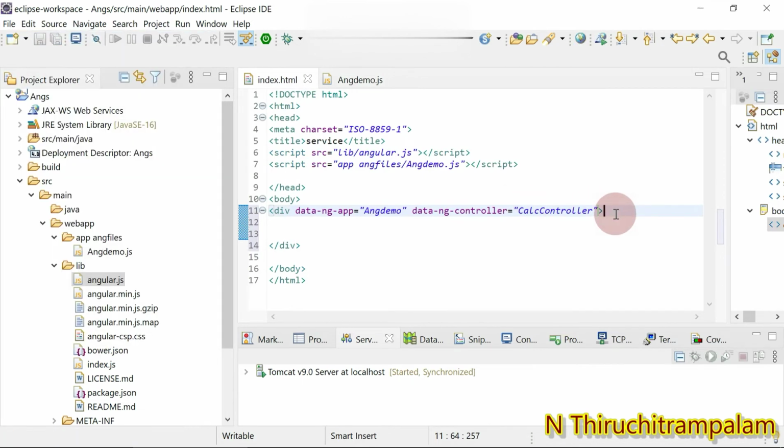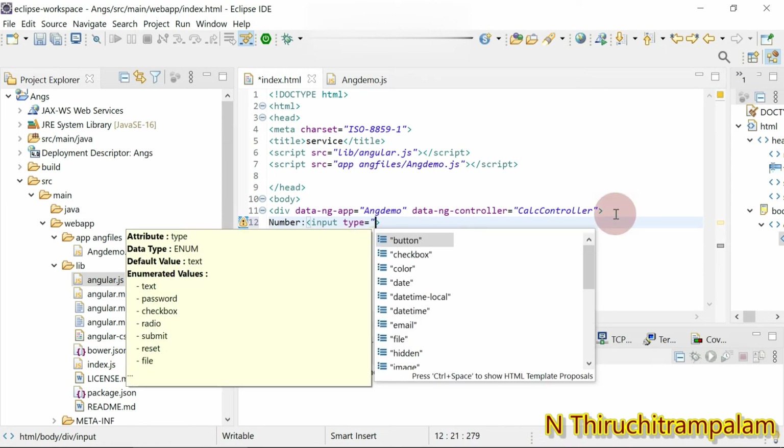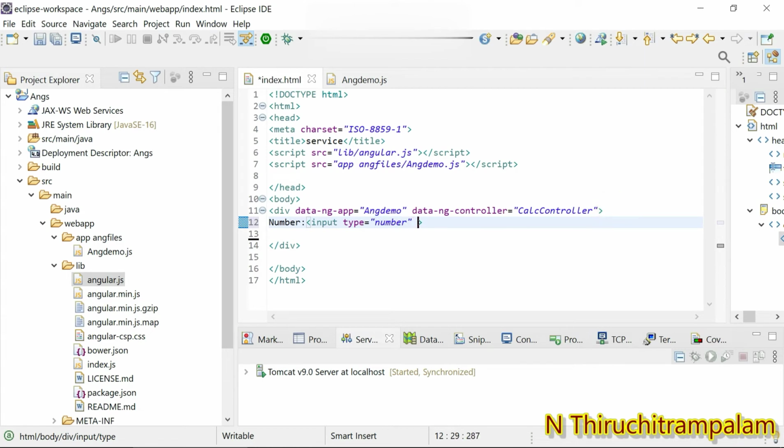Okay, and here what I do, I just give a label number, and nearby I use the input element. Here type equal, you can see the number selected, the type is number, and then data-ng model, here I give the value number,